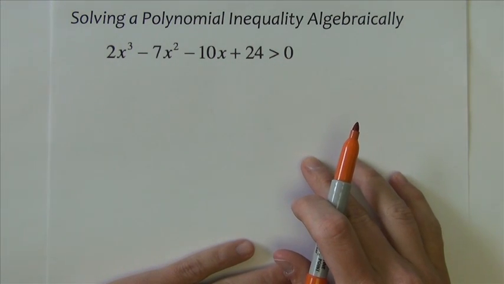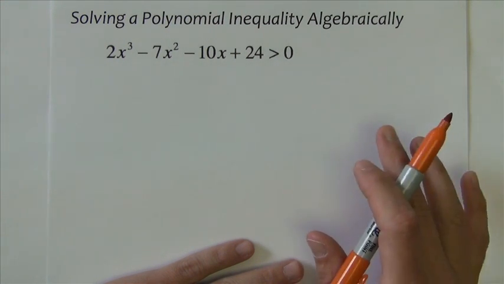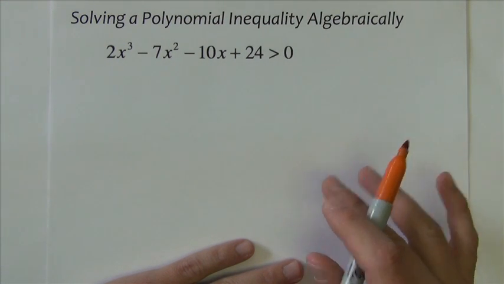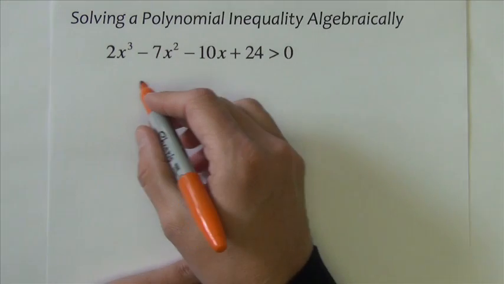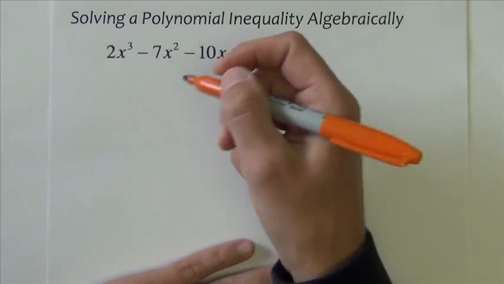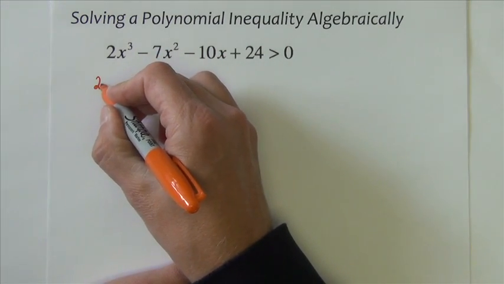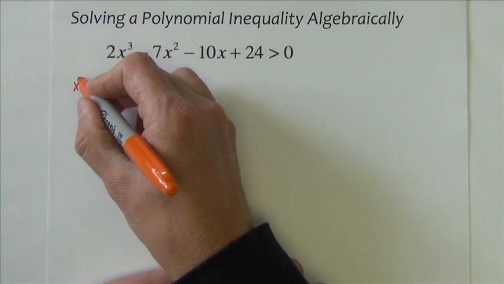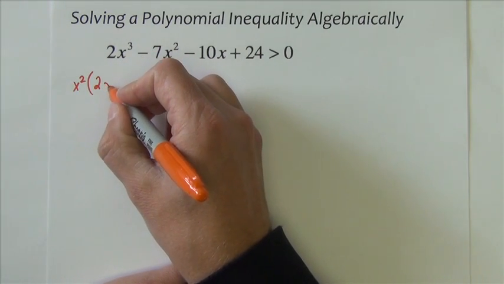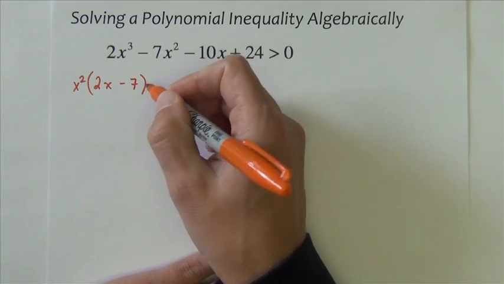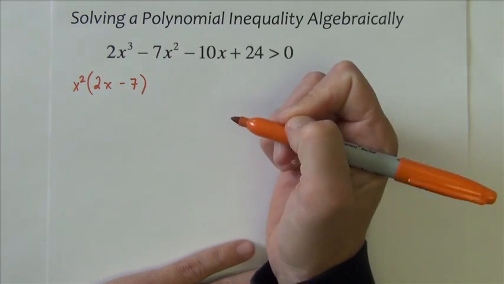Solving it algebraically, the first thing I'm going to try and do is find its zeros. And to find its zeros, I'm going to try and factor it. Now, I'm lucky here, being this is 4 terms, it does factor by grouping. I can take an x squared out of the first 2, leaving me 2x minus 7. And I can take out a,